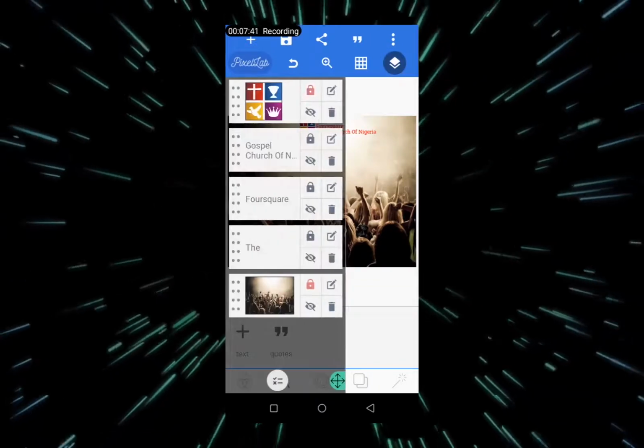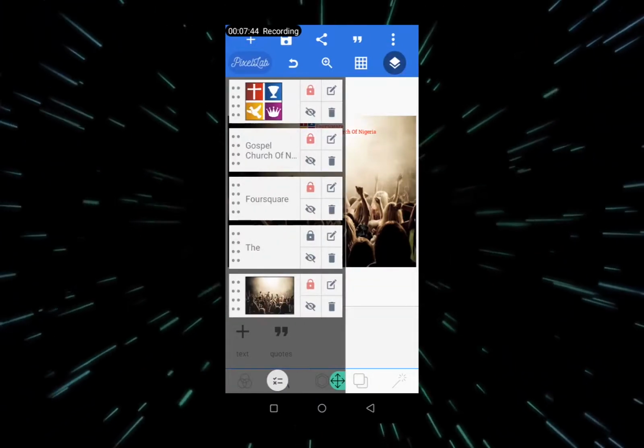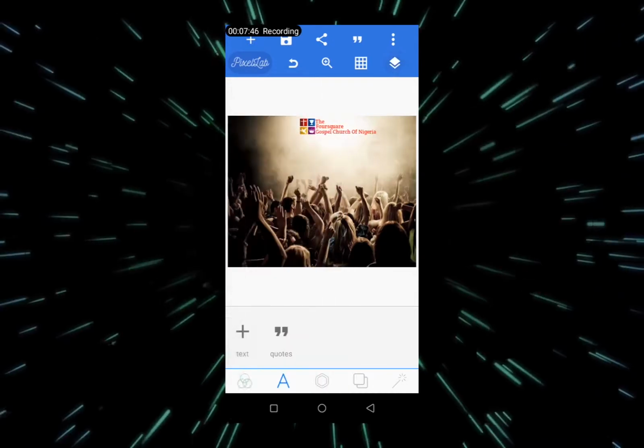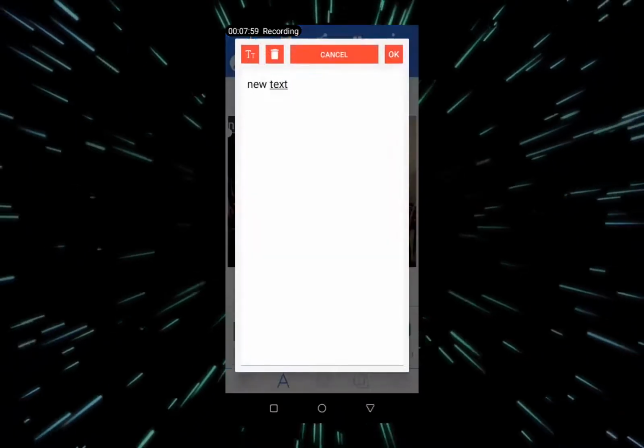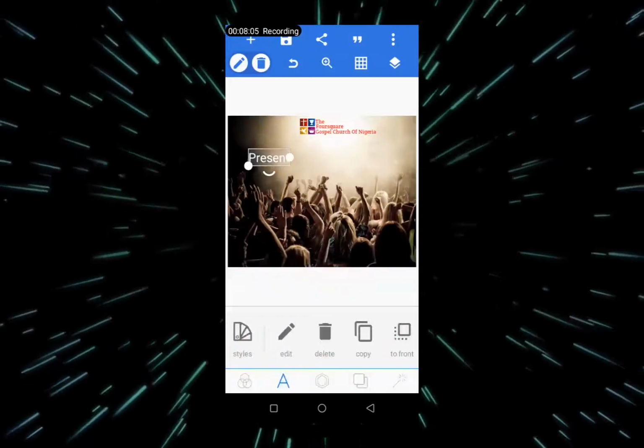Another thing, I am locking the background and the text so that whenever I'm trying to add some features, I don't mistakenly shift them from the spot they are. So that's why I lock the text and background. So I'm going to type my present,